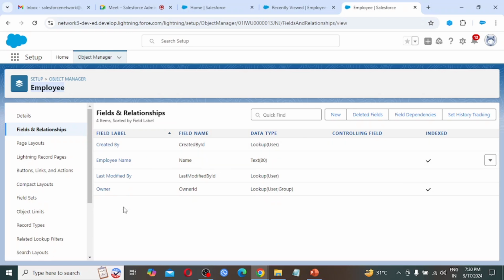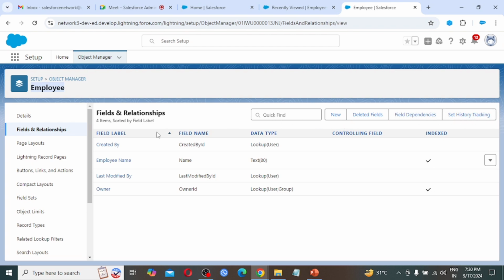In today's session we are going to create the fields as per our need. So how can we create the fields? At the right side we are seeing new, delete fields, field dependency, set history tracking.